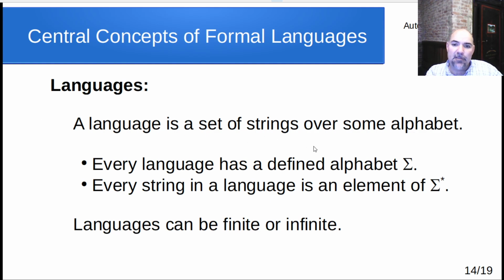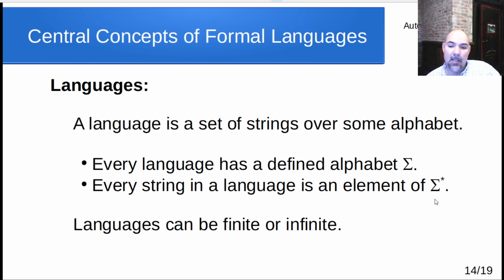So a language is a set of strings over that alphabet. Now, every language has some defined alphabet. That's part of the definition that we have up here. And every string in a language is an element of that alphabet raised to the star. Because remember, that thing raised to the star is representing all of the possible strings we could make over that particular alphabet, anything from 0 up to infinity worth of things. So every string that we find over that defined alphabet, or in the language, has to be a member of